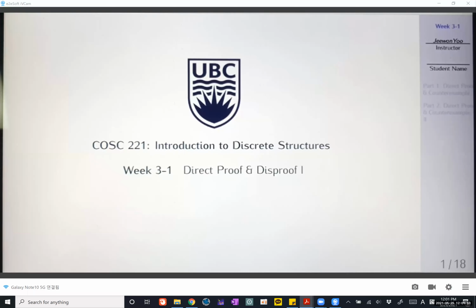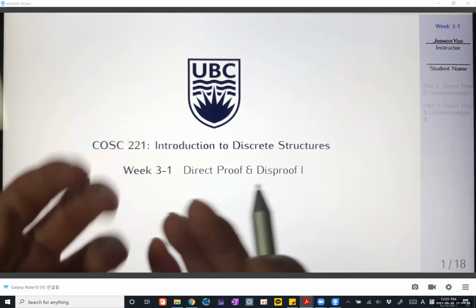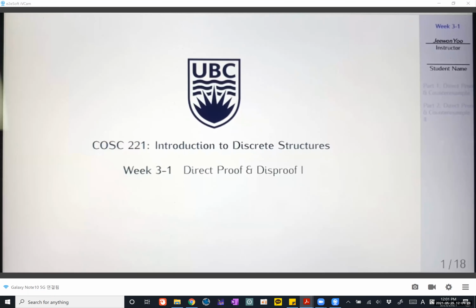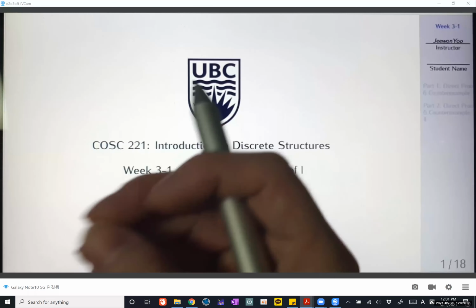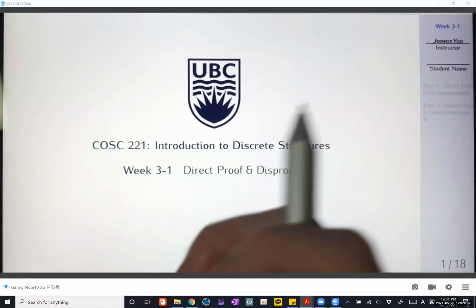Today we're going to cover week 3-1. It's called Direct Proof and Disproof Part 1. Now that we know some logic and now that we know some quantified statements, we can combine De Morgan's laws, we can combine some argument forms and negations, and change to a more formal statement. And with that formal statement, we can prove